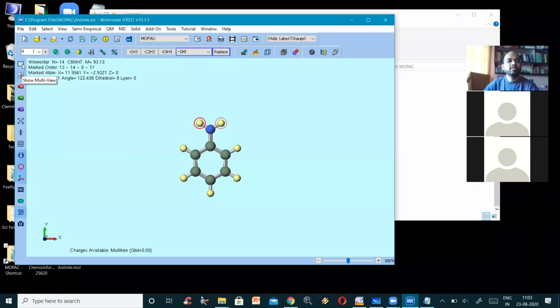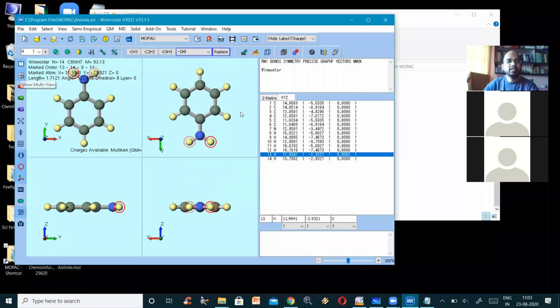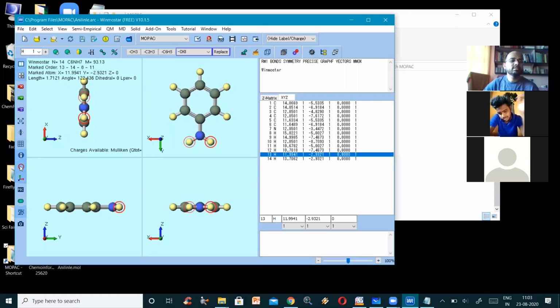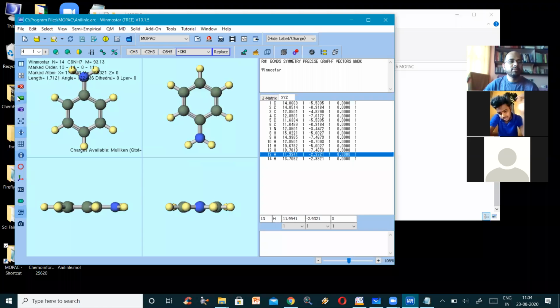So you can just visualize them and make some analysis of that. Charges are available also. So in all the different angles, it is showing you. Okay, you can just do clickings and take a picture, and even look in the XYZ, modify it, make a video. All these things you can do.